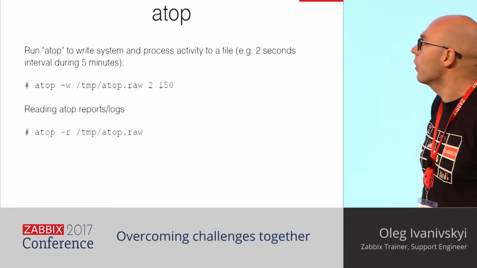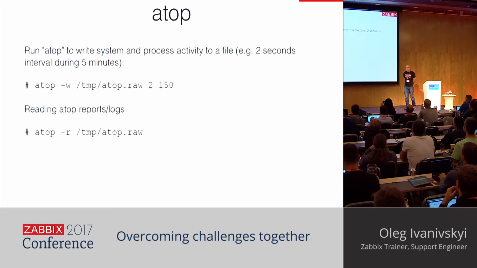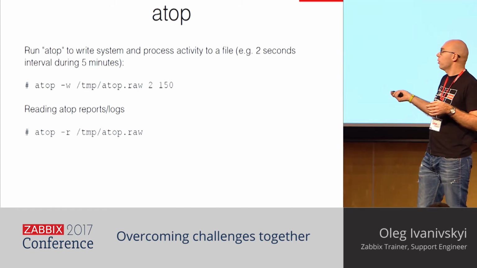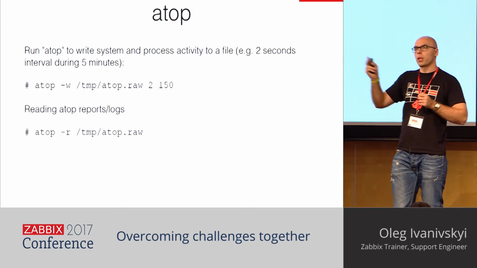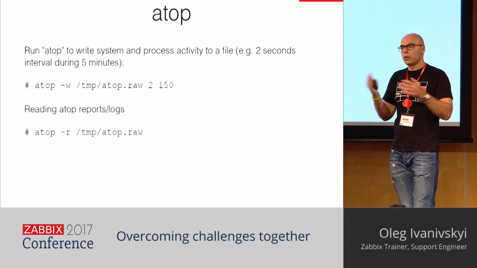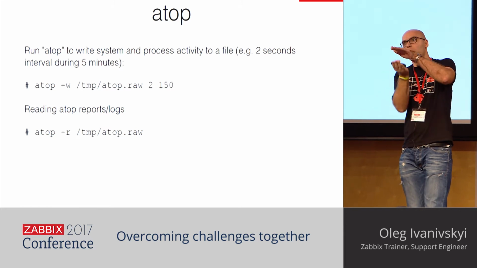So first of all, if you have some issue with such a tool, I like to use atop, because we can use it to dump information. You can take a snapshot and check the information later. So you can use such a command to write down performance data for 5 minutes to a file. And also you can use such a command to read the file. You'll be able to check, okay, show me memory at this moment. Okay, 5 minutes more. Okay, show me CPU load, network traffic, or maybe show me processes per each user or